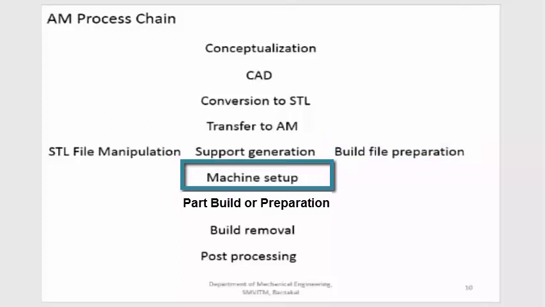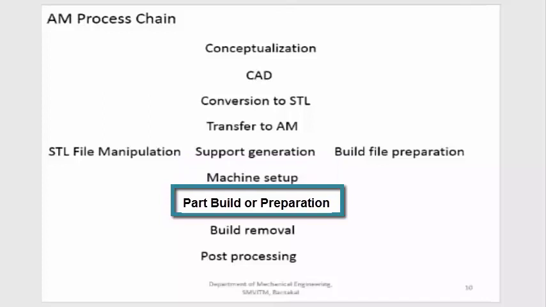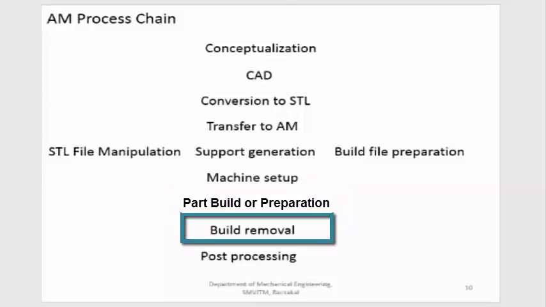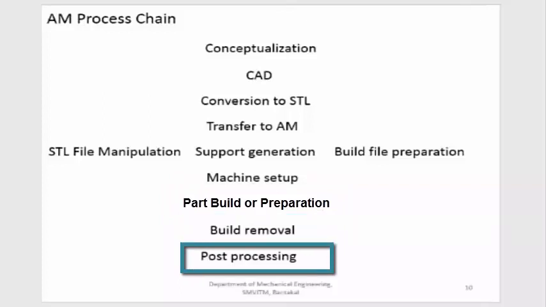You are loading the material. You are ensuring the power supply is there, the machine is clean, and the proper setup is made. Then you are loading the program into the machine, ensuring that all the parameters are correct. Then you are starting the manufacturing. Then you are waiting. The part can be used for the application for which it is designed. So these are the points you have to explain in detail. That will be the steps involved in additive manufacturing.